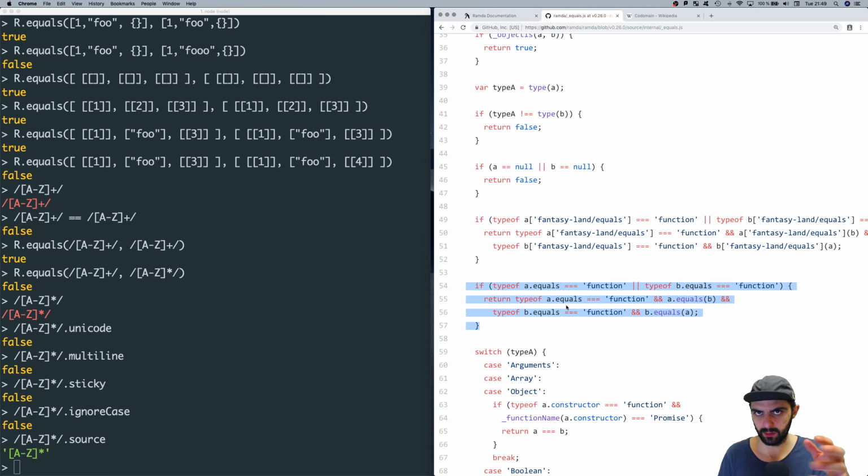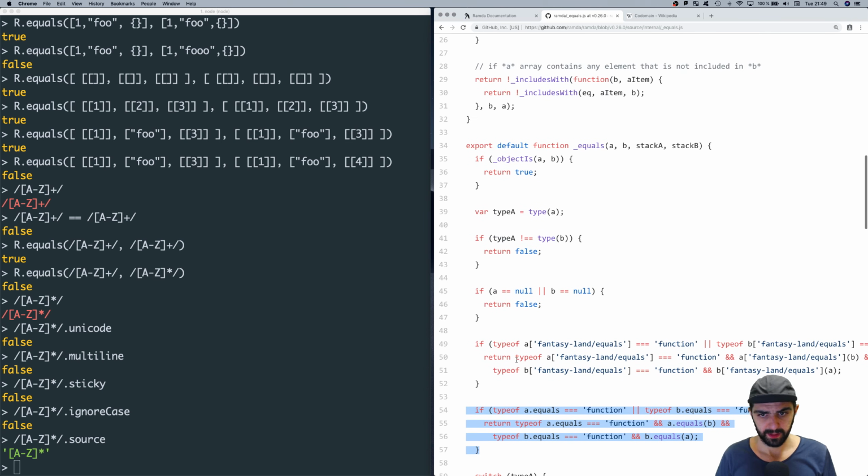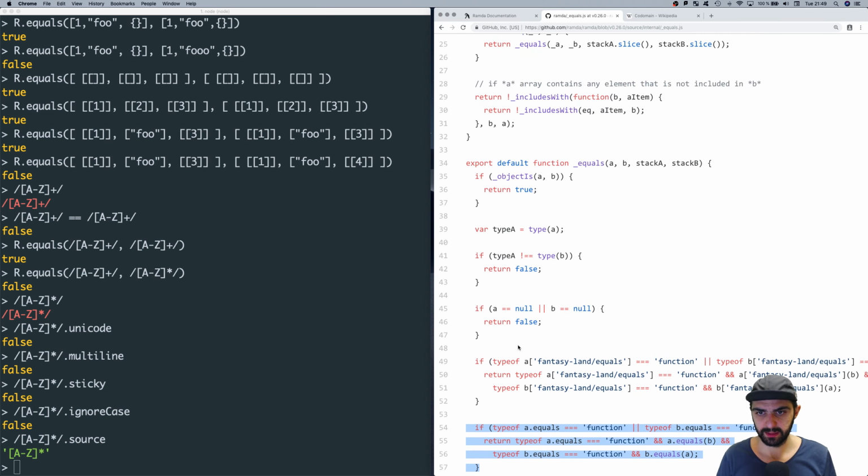But the question I should have asked is when, in terms of the function, at what step do they check whether you've implemented an equals method and then dispatch that? And that's here, right? It's almost the first thing that they do. Here, they're checking if you've passed two things of different types, then they can't possibly be equal, which is actually a bit strange. Let's think about that. If type A is strictly not the type of B,